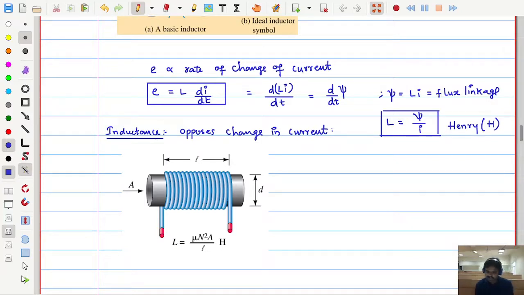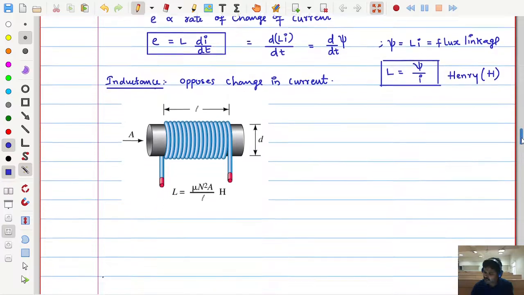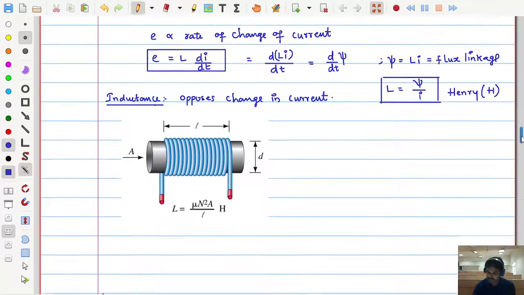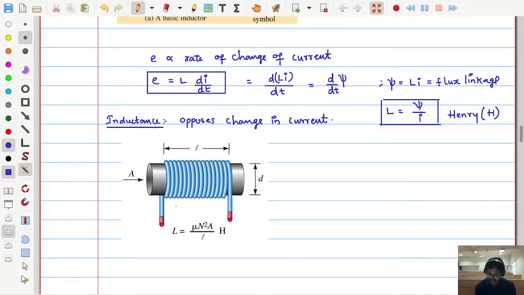So now let us take the inductance value. For a particular dimension, like I told you, take a piece of wire and make some spring kind of thing. Then with these dimensions, see here. I considered this, which we call hereafter a core. Some material or some iron piece or some pen. What will be its cross section area?